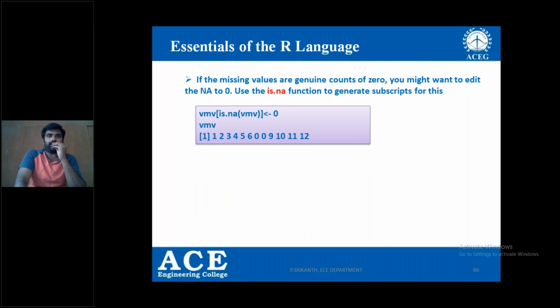So here we have seen how to identify the index of the missing values in the density function by checking the vector using the function is.na. And at the same time, you can make the missing values equal to 0. Why?